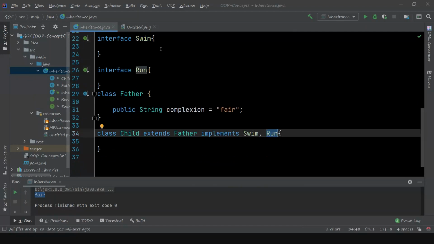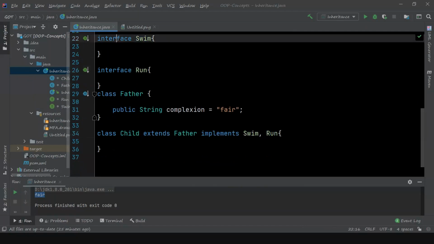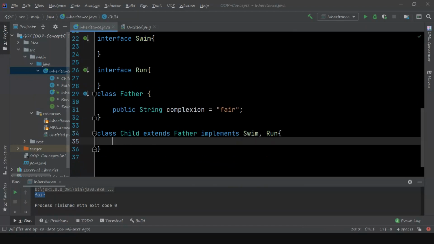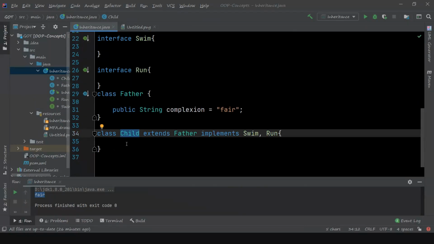That means any methods in an interface, you cannot have concrete methods, you can only have abstract methods. Concrete methods are not allowed in an interface. So what happens when you implement it? The child needs to specifically implement those abstract methods in the child class itself to define the behavior of the child. So that is the reason Java allows multiple inheritance only through interfaces.